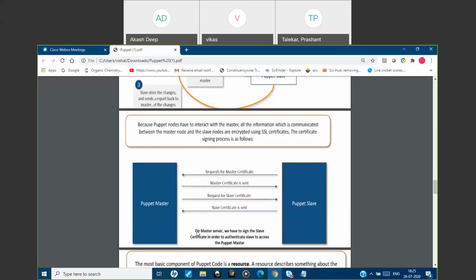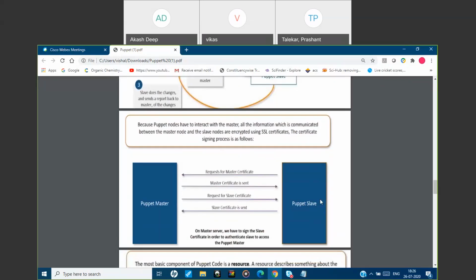As soon as the slave has sent its certificate, the master has to sign that certificate. After that only, the communication between the puppet slave and master takes place.